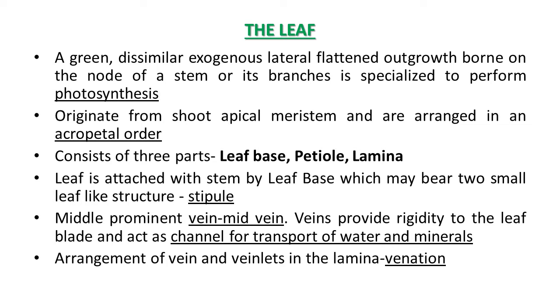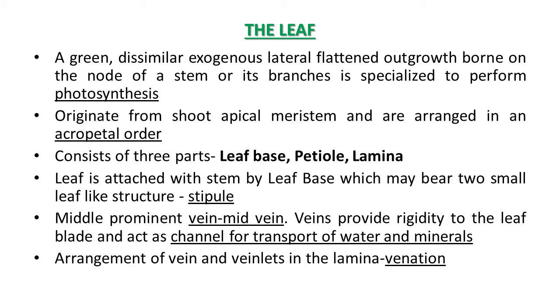It means that in the shoot region, the topmost apical portion has meristematic tissue in which cell division continuously takes place. There the leaf originates, and leaves are arranged in acropetal order. It means that at the basal part of the axis, leaves develop first, and that's why they are larger, and in the tip region above, they develop later on, that's why they are smaller. This type of arrangement is known as acropetal order or acropetal fashion.